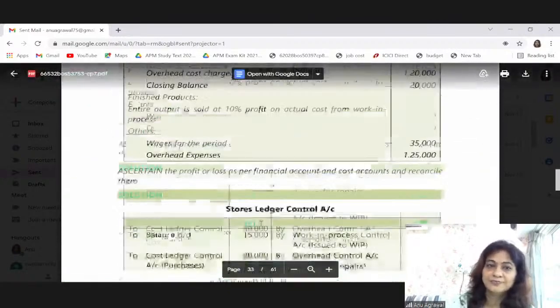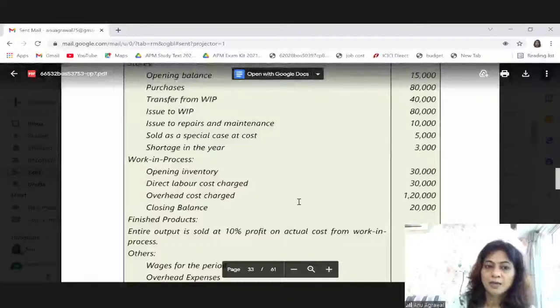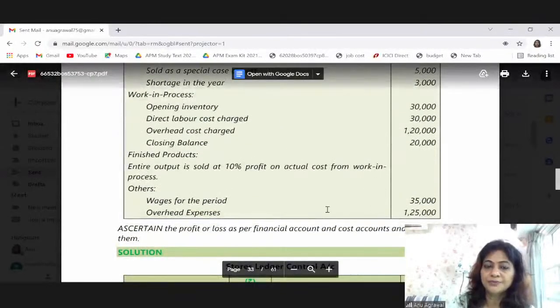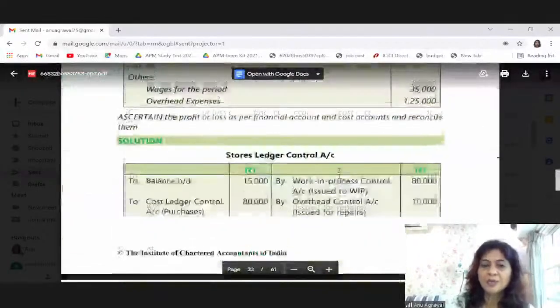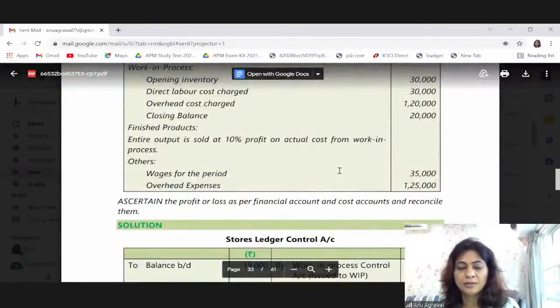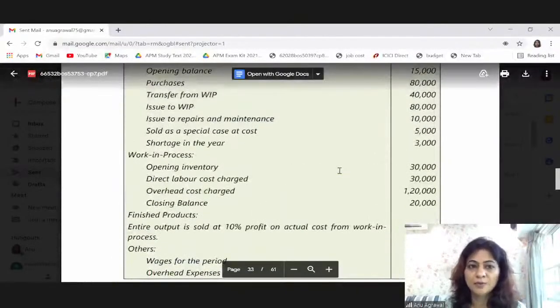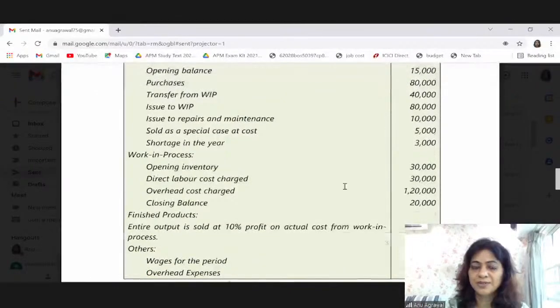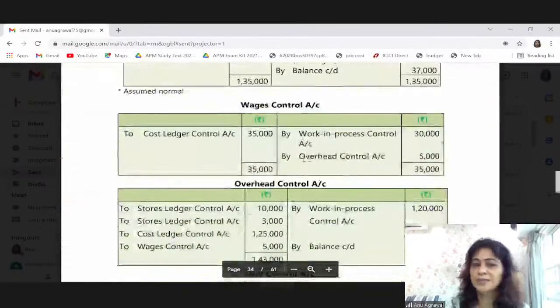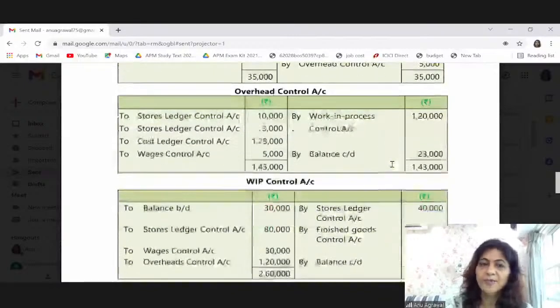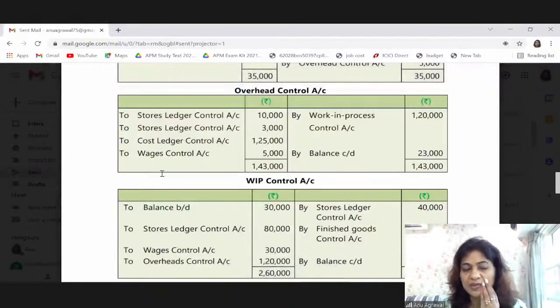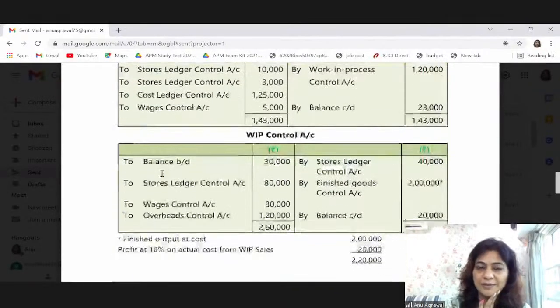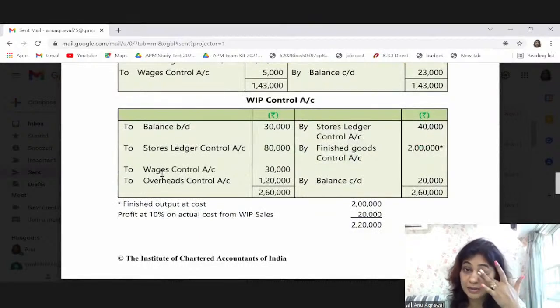Wages account, 35,000. Yes. CLC, how much will be going for WIP? They have already given us 30,000 is being charged. So I think each one of you will be able to make the ledger account, right? And then you make the overhead account from store ledger to, the expenses which you've done, which account, everything will be done, right? You'll be able to make the WIP account and you'll be able to get your finished good,